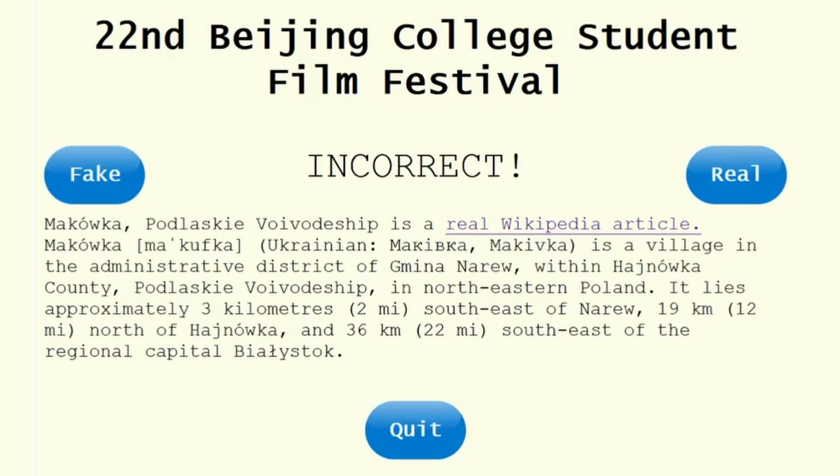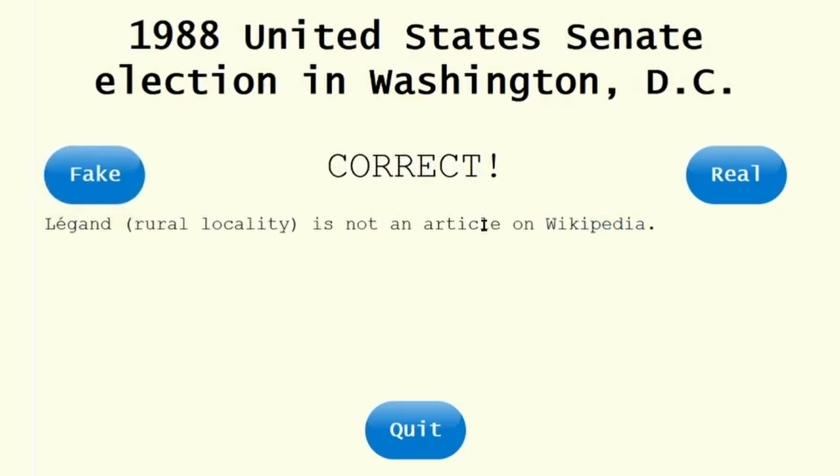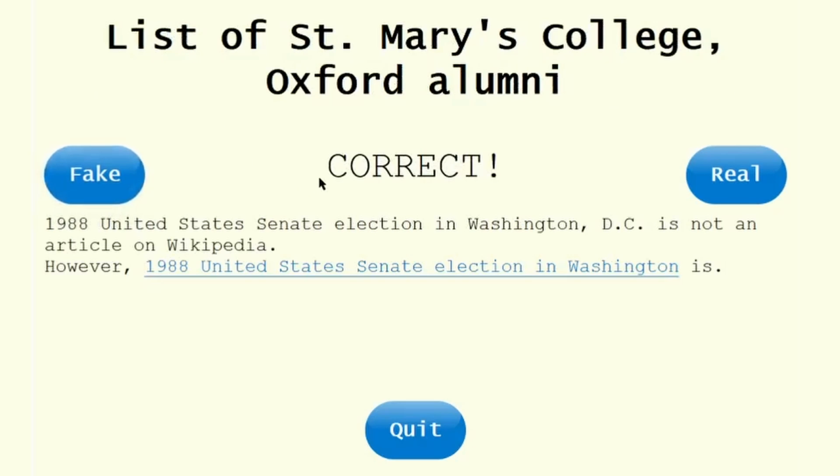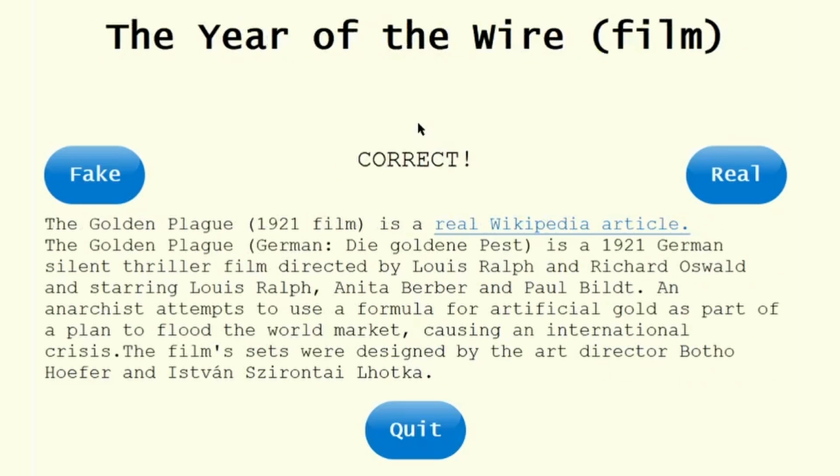I tested this with family and friends, and it generally went over really well. It was an interesting exercise, and people got very into guessing what was and wasn't real. And after all that, well, I started college and completely forgot the project existed for around 4 months. But when January started and I was looking for smaller projects to do, I realized this was still lying around on my computer, and that I could make it into a fun little web game in JavaScript, so that's what I did. One of the main reasons I wanted to make this into a web game was so that I could link to each Wikipedia article after guessing.